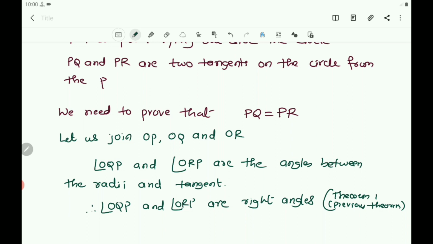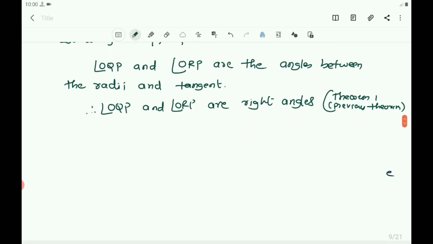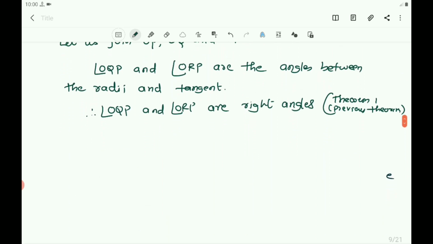The angle between the tangent and the radius at the point of contact is 90 degrees, which means the radius at the point of contact is perpendicular to the tangent. Next, in right angle triangles OQP and ORP, so you take the triangle